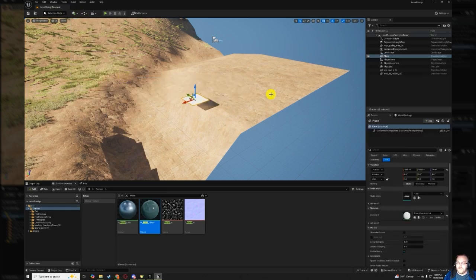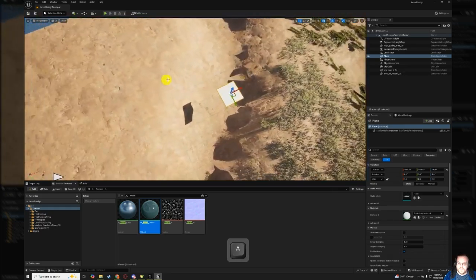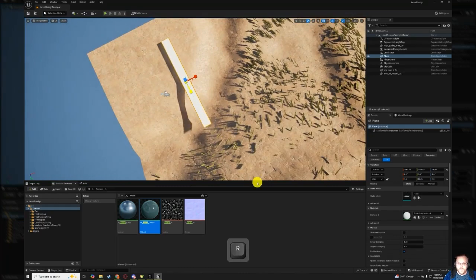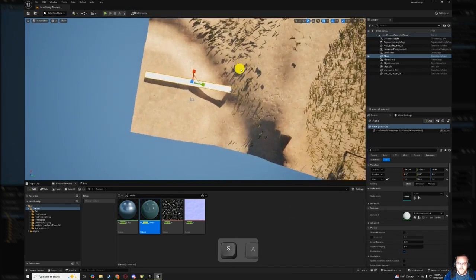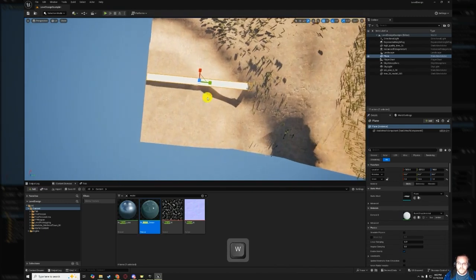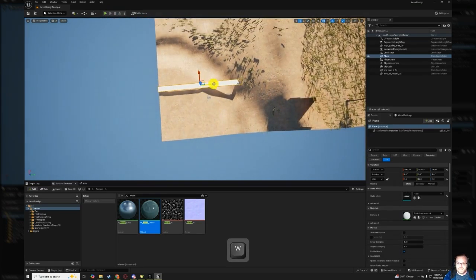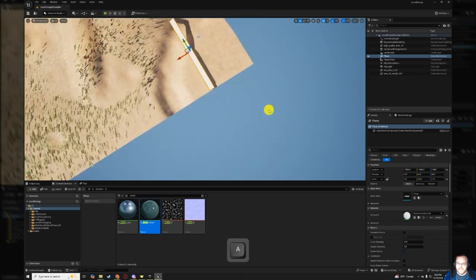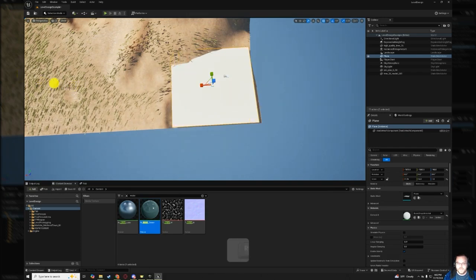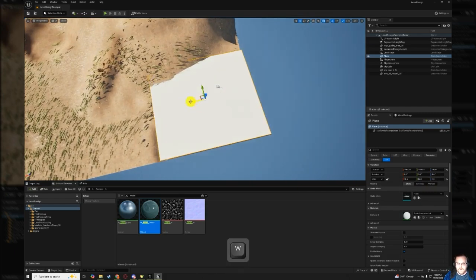a shape. If we add a plane, and then we take this plane and we position it where we want it, and then we scale it out to where we want it. So we want it there. We need it more, and just like Maya, you can use W, E, and R to change the scale, rotation, and translation of anything in your scene. You can also use the transform tools down here. But all I'm doing is